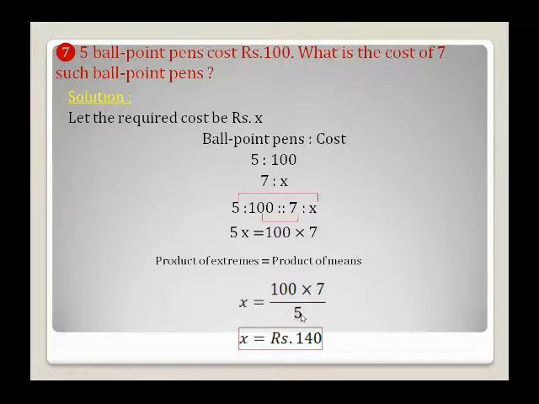Now, furthermore simplification, we get 140. It means 5 and the 5, 5 twos are 10, 0 as it is, 20 multiplied by 7, so we get 140. It means that the cost of 7 ballpoint pens is rupees 140, because the cost is measured in rupees. So here we write the unit of cost, which is rupees. Okay, this is the final answer.